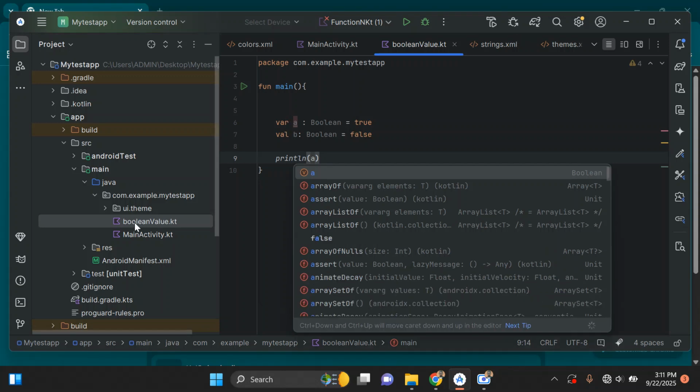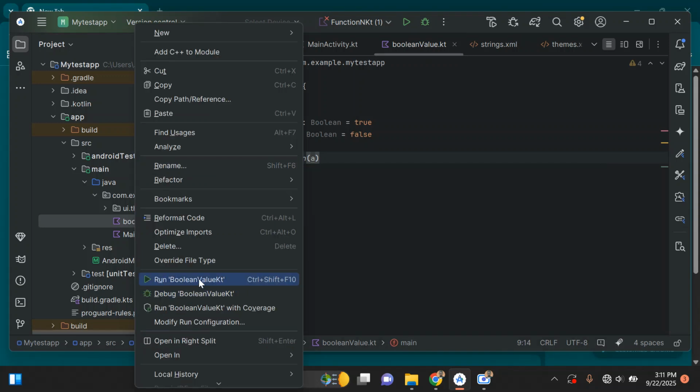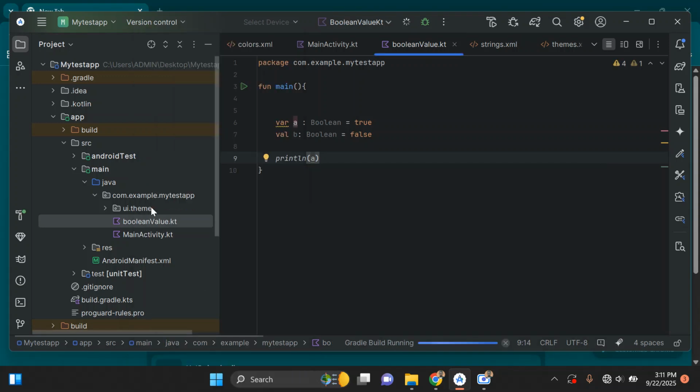Let's quickly run it. We can either run it by right clicking on this, or by using the play button here. The play button has disappeared because it's still working. So let's just wait, give it a few minutes. While the code is running, let me quickly show how we can create